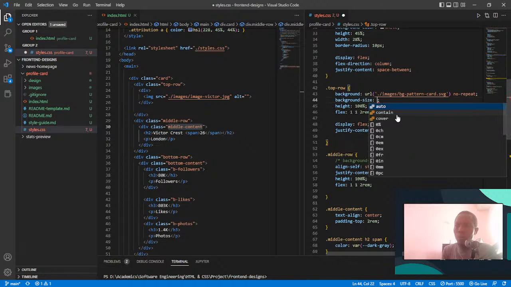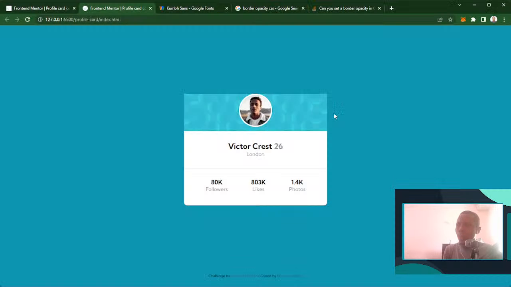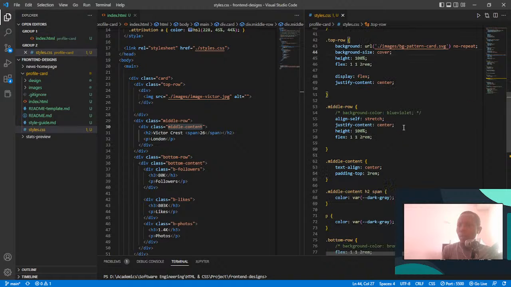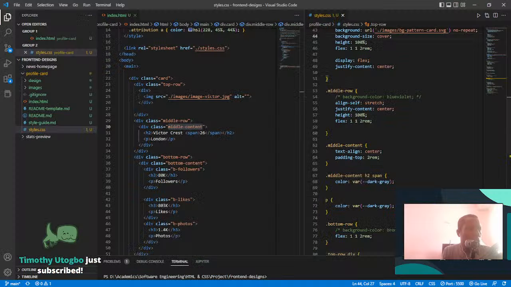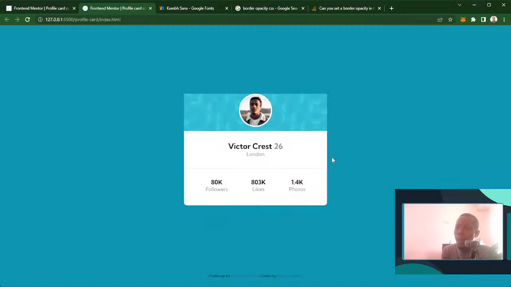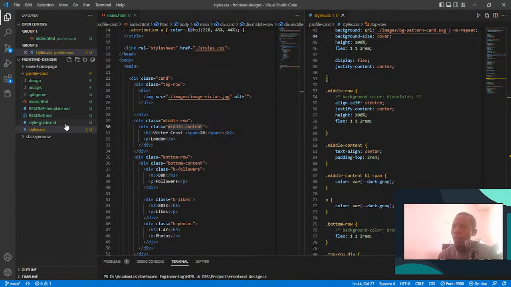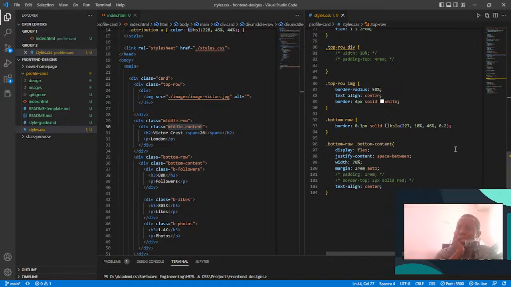Background size. Okay. The border radius that we set, what was the border radius? What's my code for border radius? Border radius that we did was, let's see,